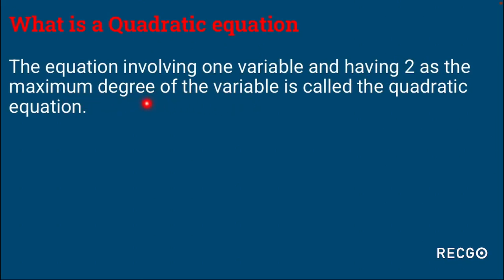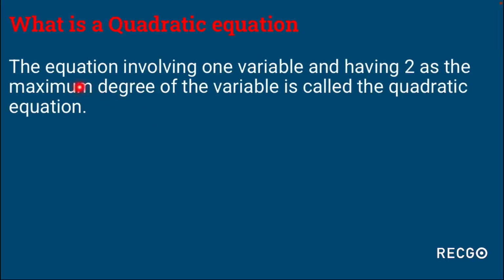Now what is the degree of a variable? So degree of a variable is nothing but the raised to power of the variable. That is, if you are having x square, x cube, x to the 4, x to the 5, so all these variables are having a raised to power. That is, x square is having the raised to power as 2, x cube is having the raised to power as 3, x raised to 4 is having the raised to power as 4, and so on. So these raised to powers, that is 2, 3, 4, these are the degree of a variable.